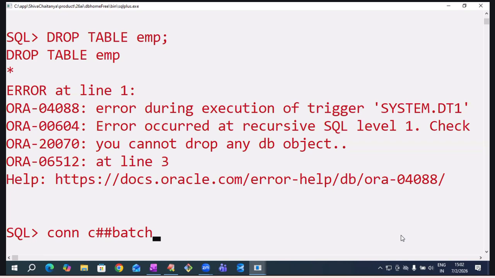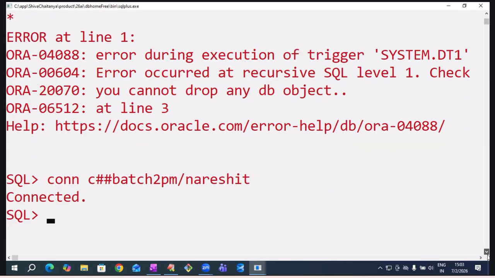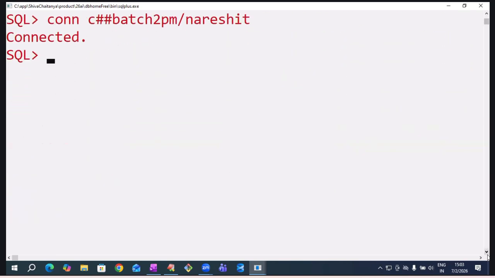So C##batch2pm, the password is Naresh IT. This is our batch login name. So successfully we finished